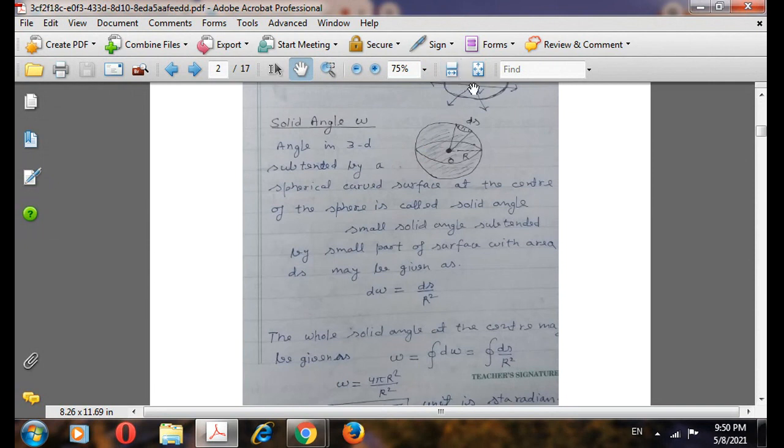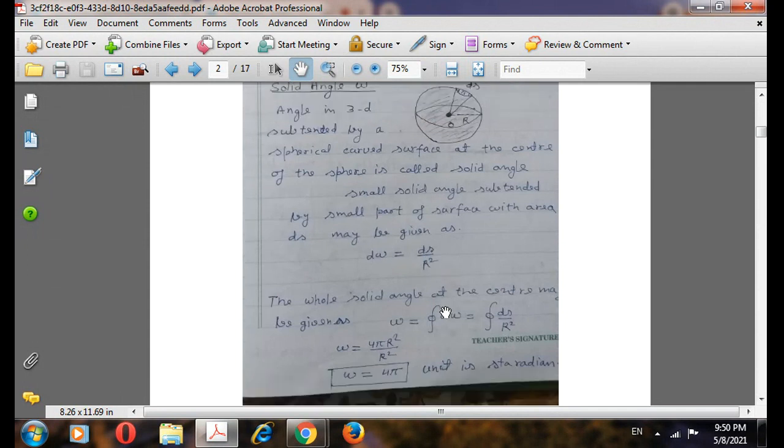Suppose a sphere is shown here and there is a part of the surface having small area ds, and its radius is capital R. Then the small angle d omega is equal to the small area upon radius square, ds upon R square, and its unit